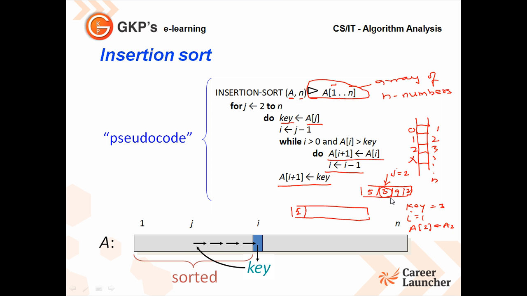That means we are replacing this value here and this one here. So 5 will come from this place to this place, and this one will be left, and now it will check again. The value of i will reduce to 0, and if the value of i is 0, that means it will terminate the while loop, and at this place ai plus 1 tends to key. That means at a1 the value will be 3, so the new value will be 3, 5 in